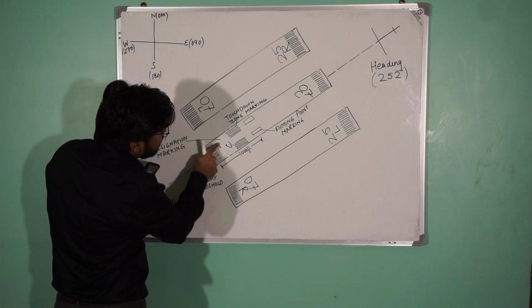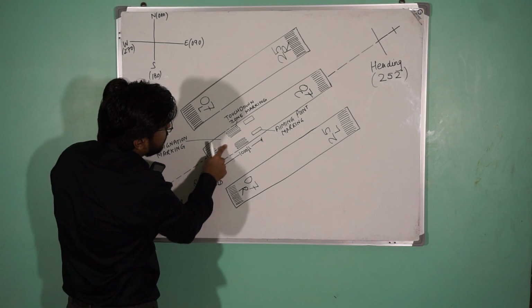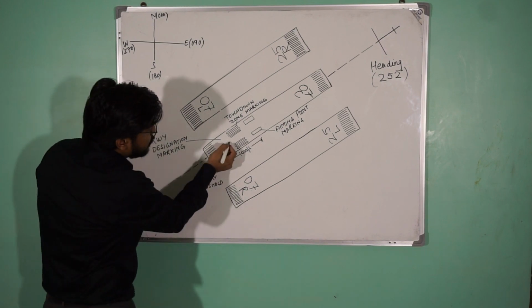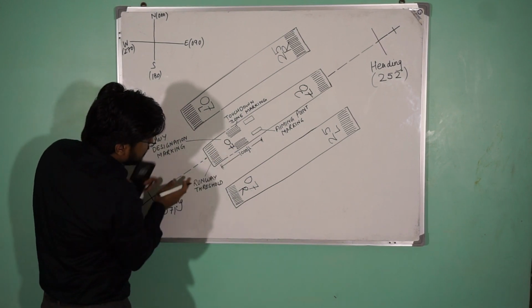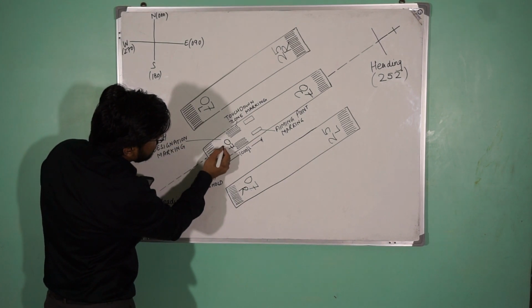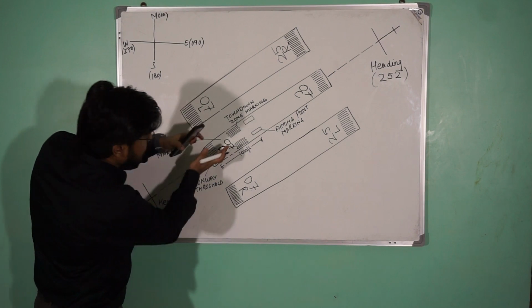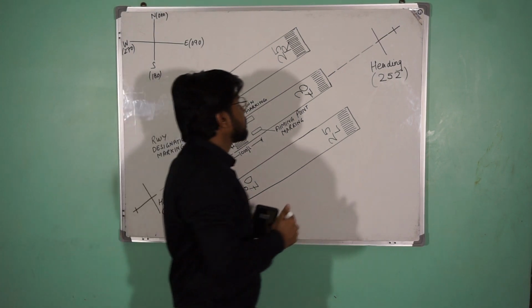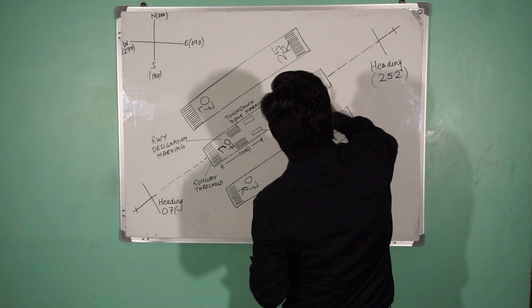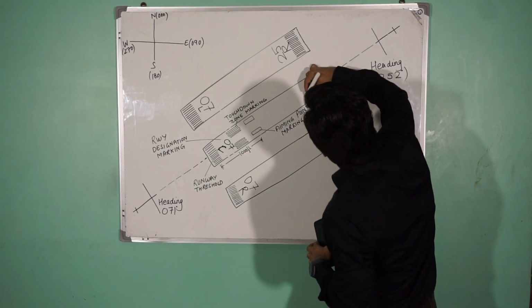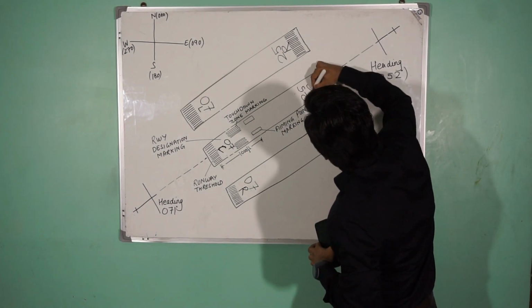So when you are approaching the runway, this part should contain 07. That way you will understand where to write 07 and in which orientation. 07 has to be written in this part and in this orientation as well, that means in the upright position. So here also I make the correction. So this will be 25 Charlie.